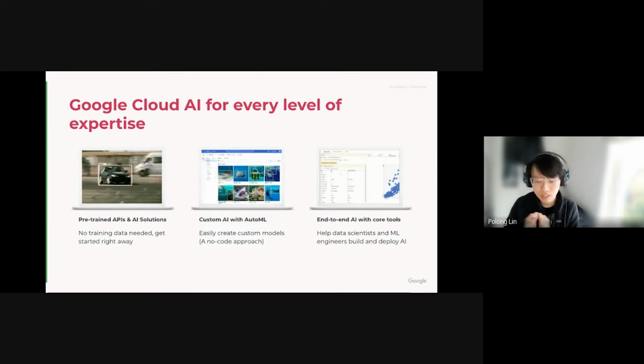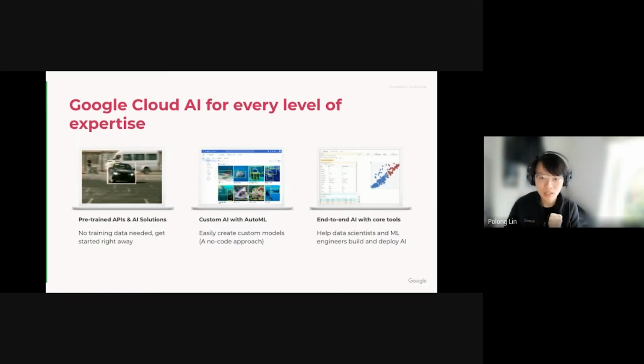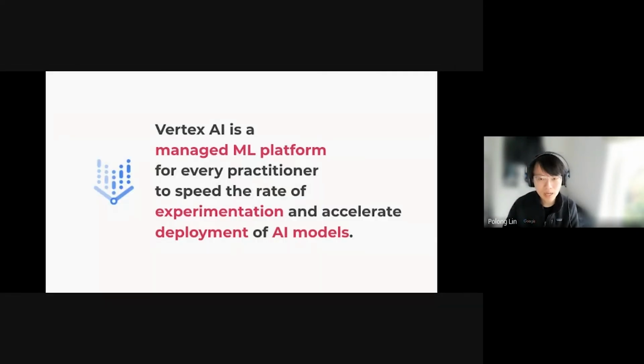And then finally, you can, of course, create your own models depending on your skills and your needs, and go end to end, as Ollie mentioned, from building your model to monitoring your model and seeing how it works and lives in production. So where does this all sit in Google Cloud? Well, Vertex AI is the umbrella platform. It's the managed ML platform that is fully comprehensive and is meant to make this entire end-to-end experience really easy for data scientists and data science teams.